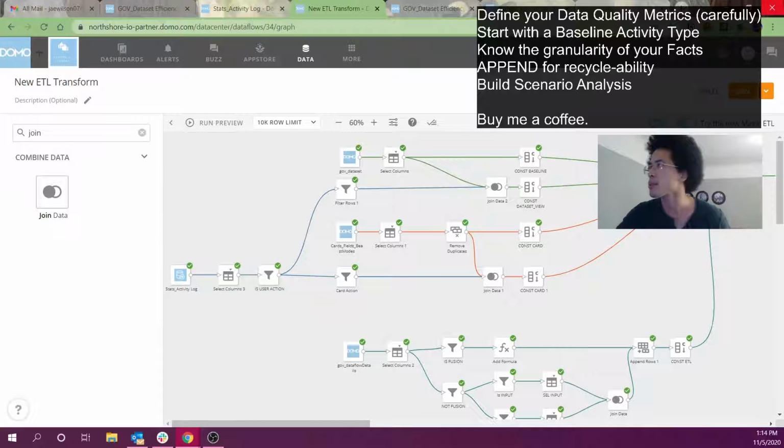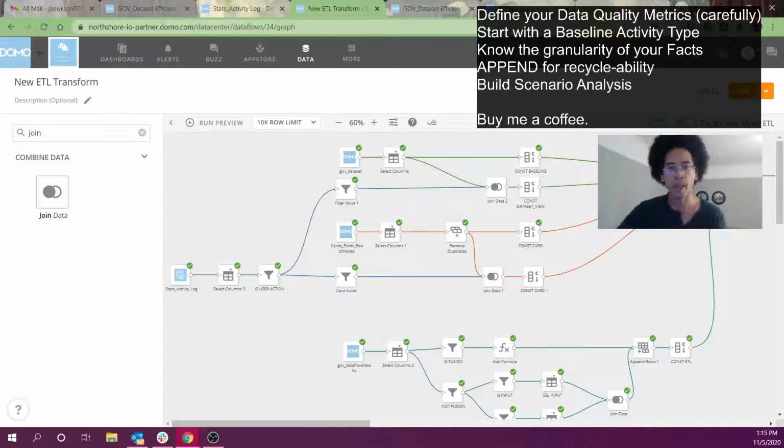I'm going to go back to my, what do we say? Okay, we wanted to start by defining our data quality metrics carefully. Know what you want to measure. Get clear about what you want to measure. And for those of you who are just developers, this might be a conversation that you have to have with your business stakeholders, because they're the only ones, or you as a major domo are the only one who can decide, okay, this is useful if this criteria is met. And have that conversation. If you start deleting stuff and you didn't measure all of the things that were important, people get